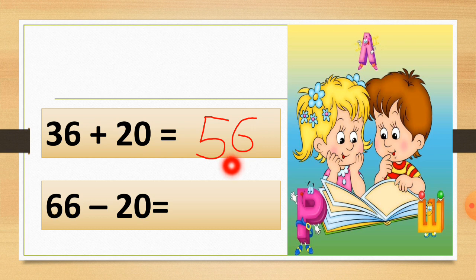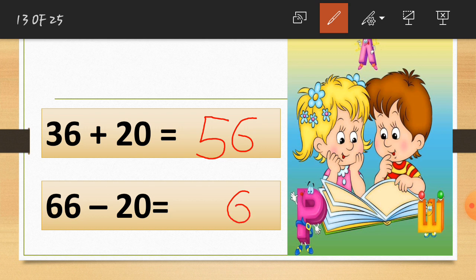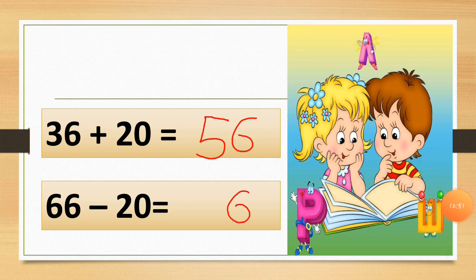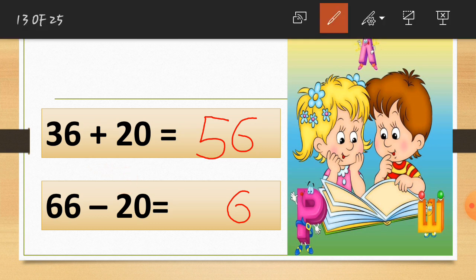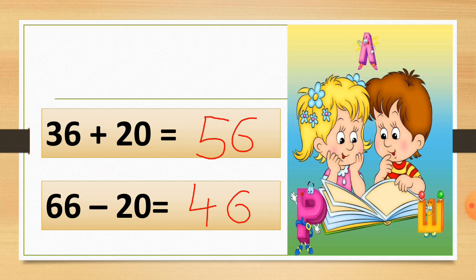So now let's move to the next example, which is 66 minus 26. So we have to cut 20 from 66. So first of all, write down the ones value as it is. So I write the ones value as it is here, and you can see we will make the change in the tens place. So here the tens value is 6. So we will cut 2. You can see here is the 2 we will cut from this 6. So 6 minus 2 is equal to how much, students? So 6 minus 2 is equal to 4. You can see I write the answer here.